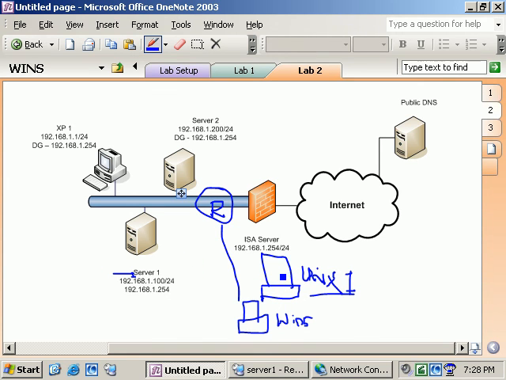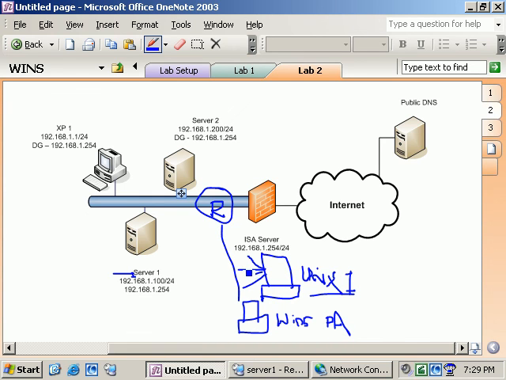What happens here is we set up a machine on this segment to act as what's called a WINS proxy agent. And the way this works, this Unix machine will broadcast out a NetBIOS name. So it's trying to communicate to server 1 here once again. Well, it's not going to get through this router because routers don't typically pass NetBIOS broadcasts. What will happen though, if I configure this machine as a WINS proxy agent, so we'll just make it a WINS PA,